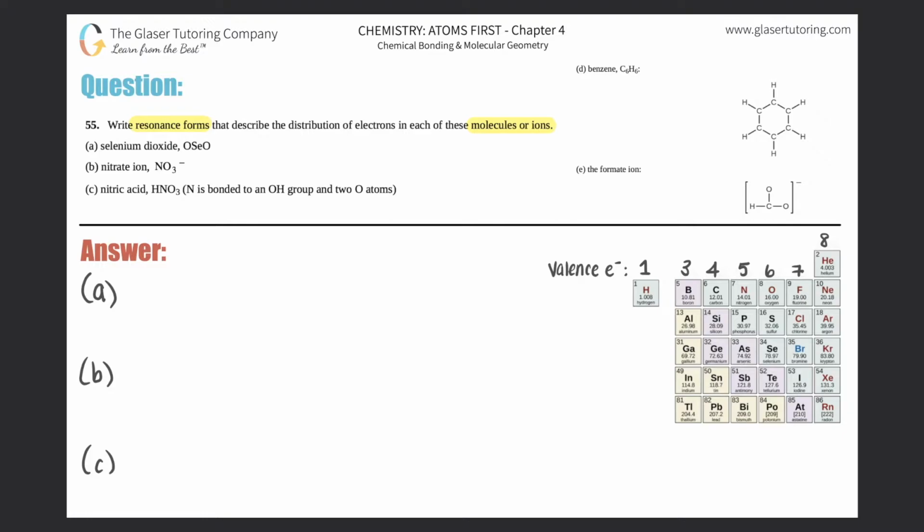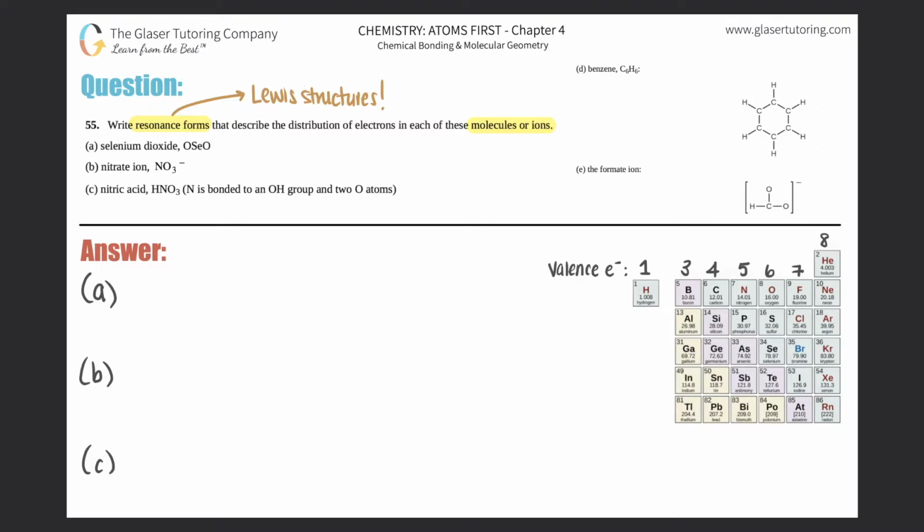Okay, so resonance forms comes from knowing how to draw Lewis structures. Without drawing the Lewis structures, we will never be able to find out the resonance structures, all right? So if you are not strong in your Lewis structures, go back to questions, I think 40 through 45, which are really good examples in this textbook, and I've done those questions for you. If you're on the playlist, just hit a few questions back, and I'll do them all with you there. So I'm going to assume that we know how to do the Lewis structures